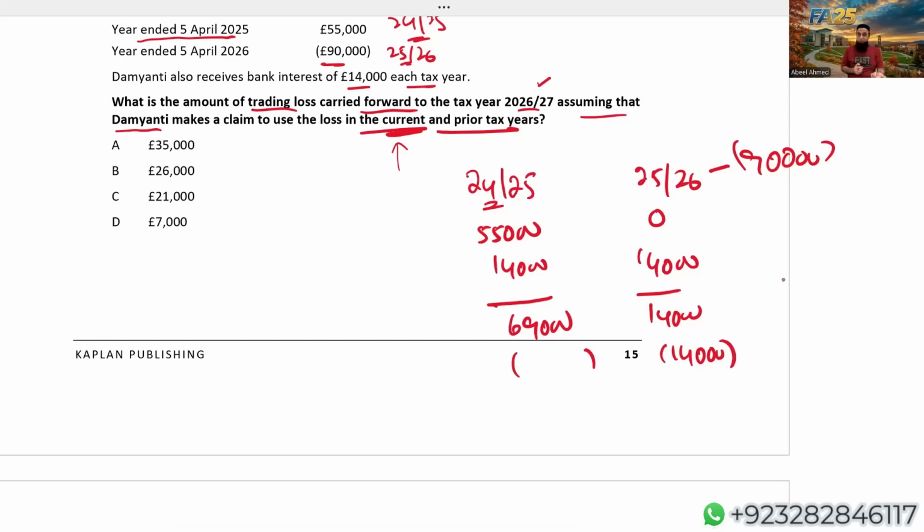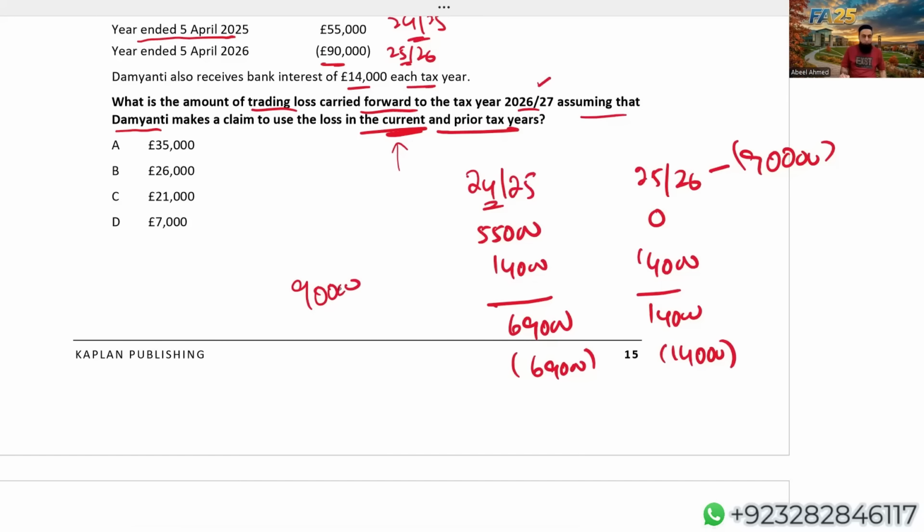But as I mentioned in the very first question of today's class, this restriction does not apply on trading profit. It applies on other than trading profit. In this question, in the previous tax year, other than trading profit, we have just 14,000, which is far less than the restriction. So the entire 14 is covered. Plus trading profit is 55. On that 55, we do not have any restriction. So it means the entire 69,000 loss will be deducted against the total income,